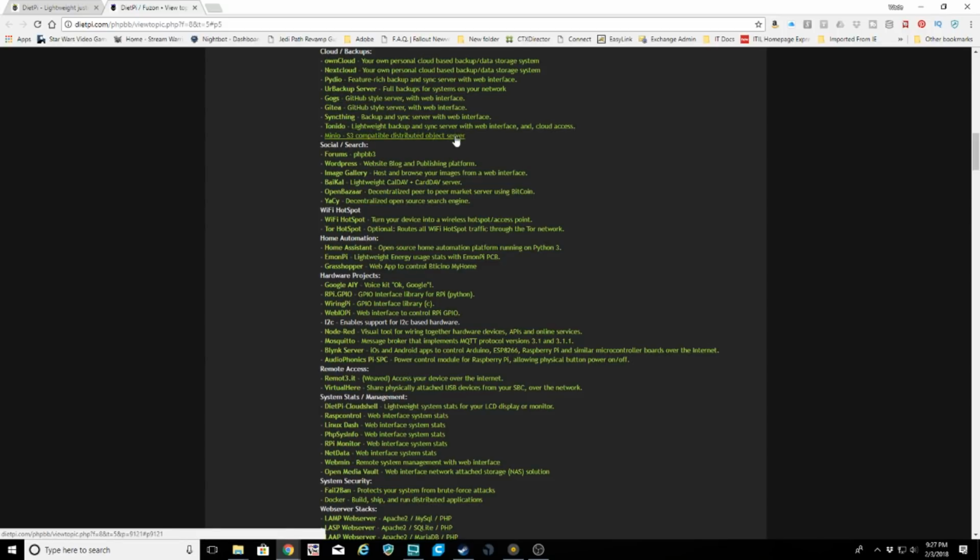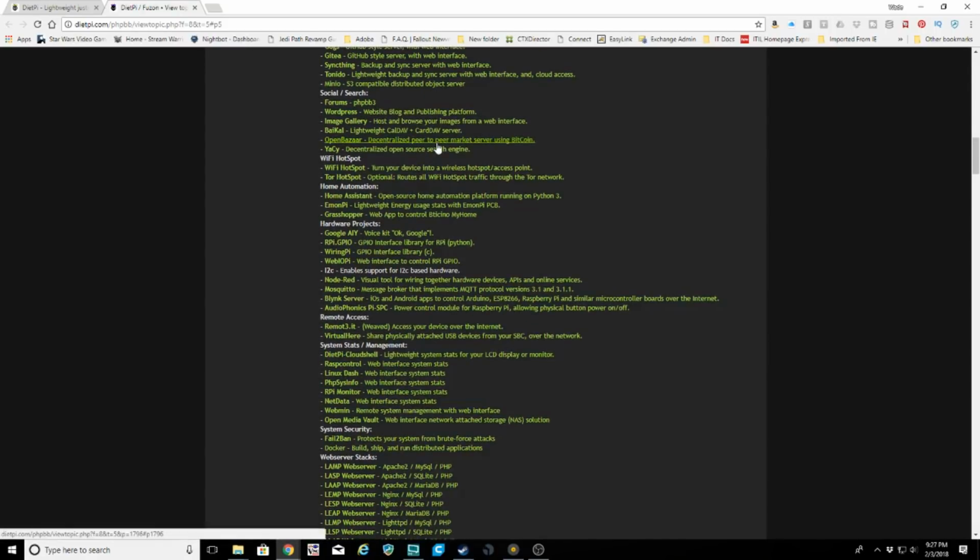But there are some backup servers. There's a GitHub style server, it looks like, which is kind of handy for the development side of things. You got your forums. That'd be kind of cool. Set up a forum and pipe it to your Raspberry Pi, because forums don't take up that much processing power. They take up more network power. Depending on what single board computer you set these up on, could definitely run basically a web server on them